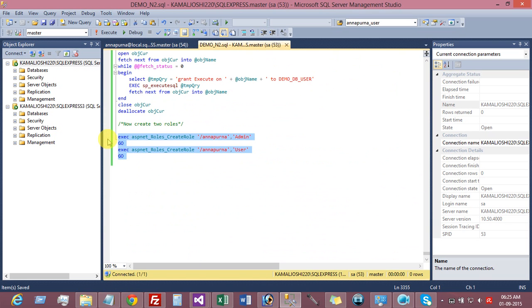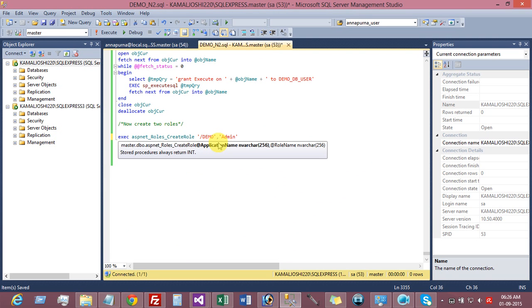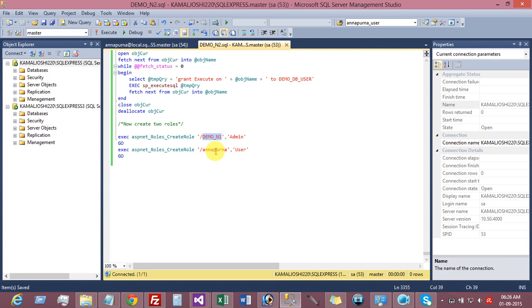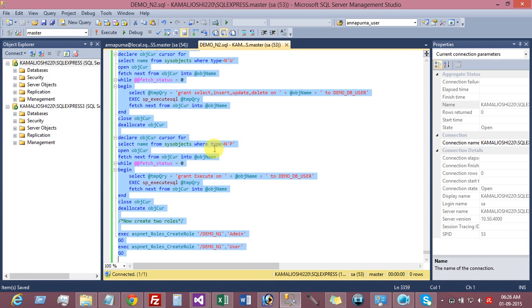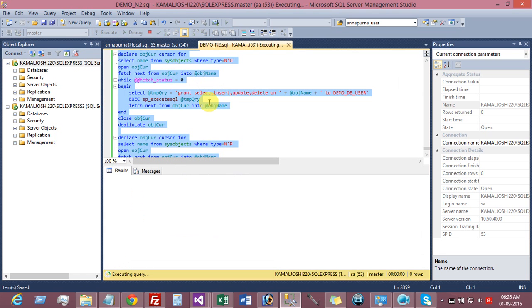We'll skip this part for the time being. Now we can create demo. This is our project name, demo n1. I will tell you the function, all the uses of this one. We can execute this query now. Here you can see it's getting executed. While it's executing,